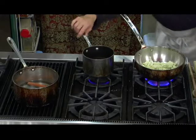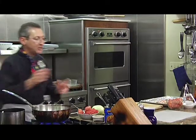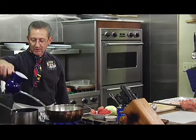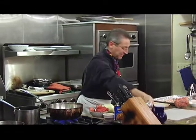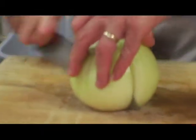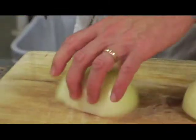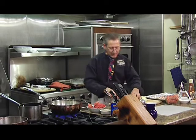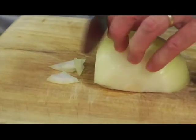While that's going, I'm going to make up some onion sauce for hot dogs. Better than the push cart. Well, I can't say better than the push cart sauce because I learned how to make this sauce from a guy who had a push cart in Hoboken. I believe he was on 3rd and Adams Street. I think there used to be a restaurant a block down, 4th and Adams, called